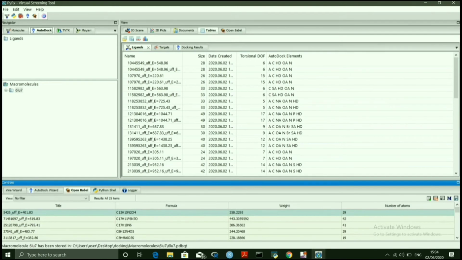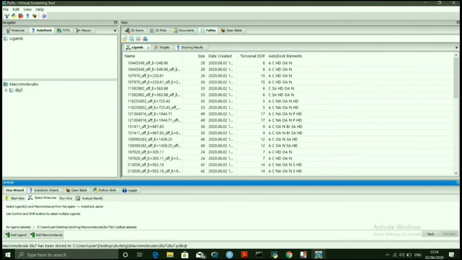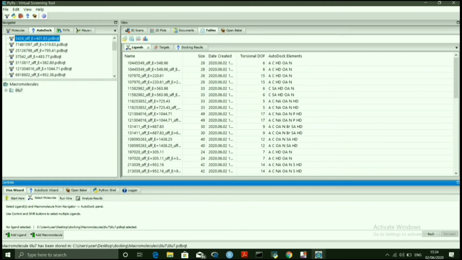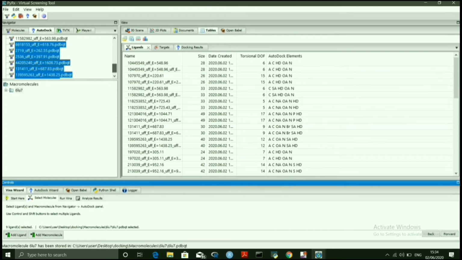After making AutoDock ligands, go to Vina Wizard. Then you have to select all the ligands and the macromolecule. The macromolecule will be selected automatically. For selecting ligands, double click on ligands and then using the Ctrl plus Shift keys, you have to select all the ligands.